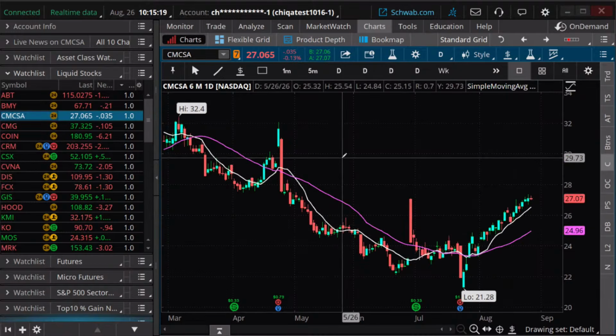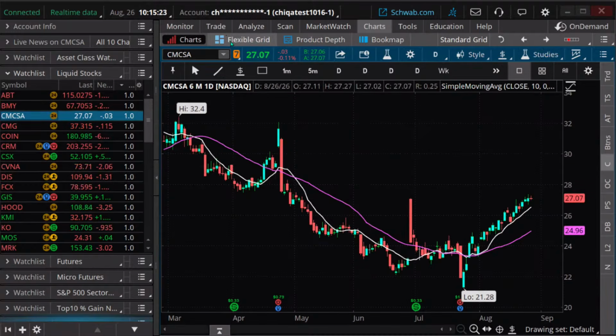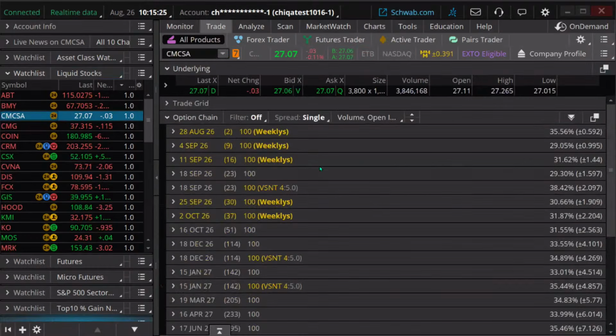Whatever you think you need for the bullish trend, and then you can do a trade. In this case, let's do an example trade here. So I'm going to do a bullish trade, but I want to look at individual options on this, okay? And just kind of double check.